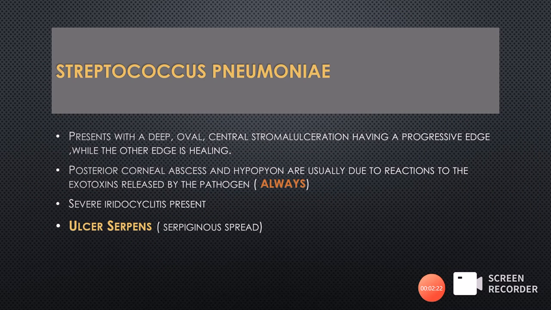Now let us talk about Streptococcus pneumoniae, because this is a very important organism causing the corneal ulcer. The ulcer that Streptococcus pneumoniae causes has a specific name, and that name is ulcer serpens. Okay, serpens reminds you of snakes. So this ulcer is called serpens because of the serpiginous or creeping spread. So what I mean by serpiginous or creeping spread is that it spreads in such a fashion from the periphery